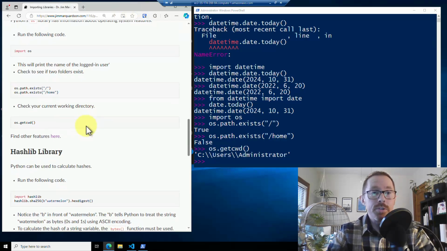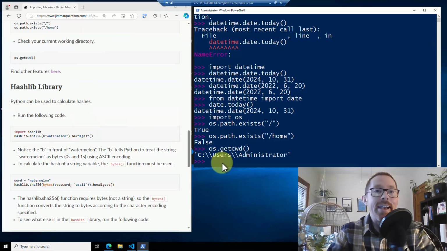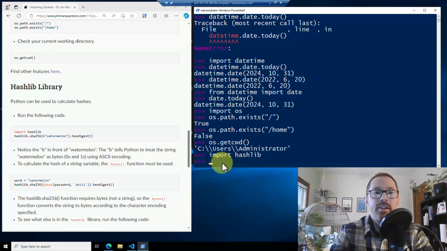Another library which is useful, in my opinion, is the hashlib library. So if I import hashlib, we have access to different hash functions. So for example, if we want to calculate the SHA-256 hash of the word watermelon, we could do it with that line of code that I'll type,